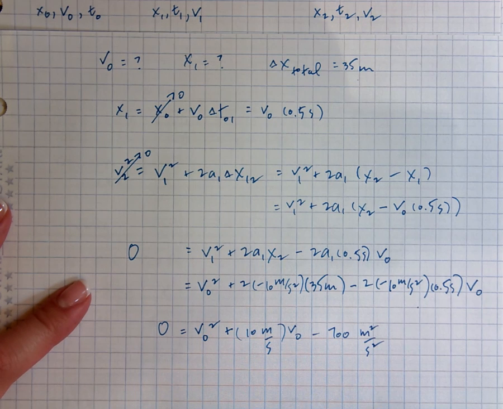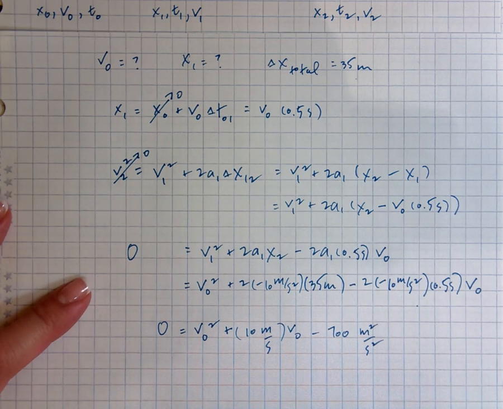So actually, this is a quadratic equation. The coefficient on the squared term is 1, the coefficient on the second term is 10, and then the constant is negative 700. So if I put this in my solver, I get